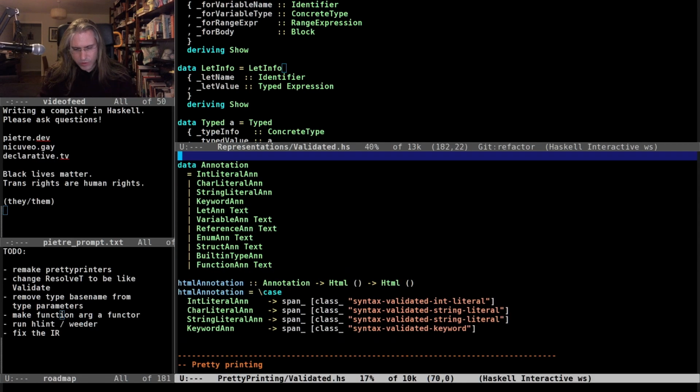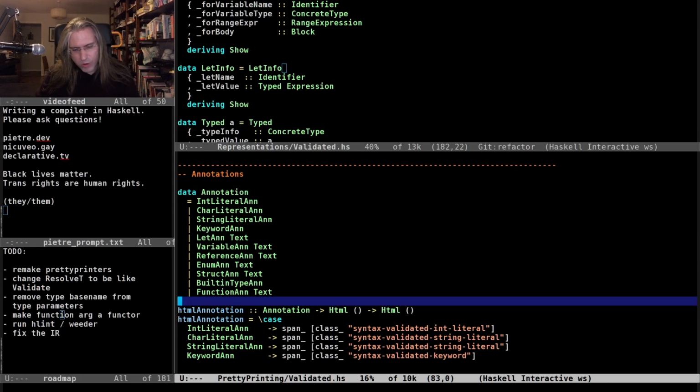For the validated stuff, we can do probably some more interesting things. We could annotate something with a class that references a unique ID, so we can do links to where a variable is declared, so we can do highlighting of where a variable is used. We can do some smarter stuff there at the price of a tiny bit of JavaScript, I suppose. But I will think about what I want to do for next time.